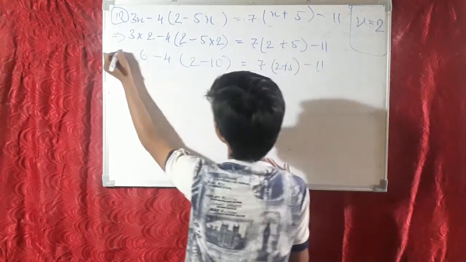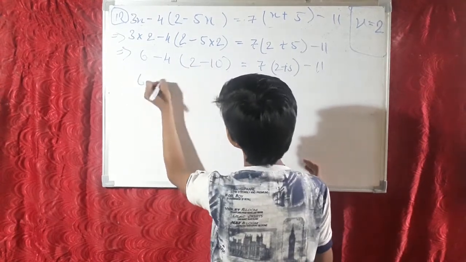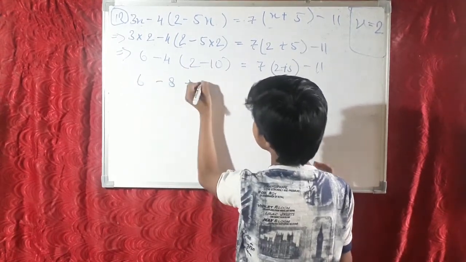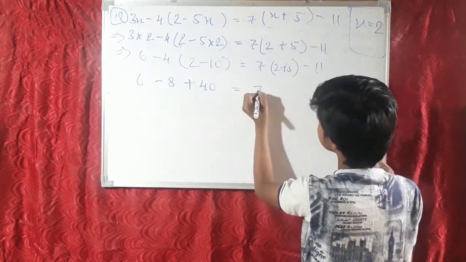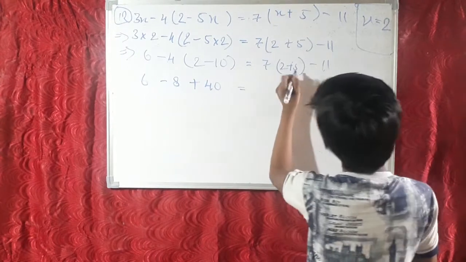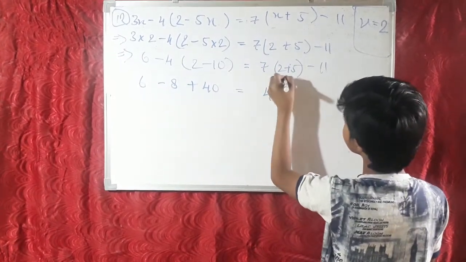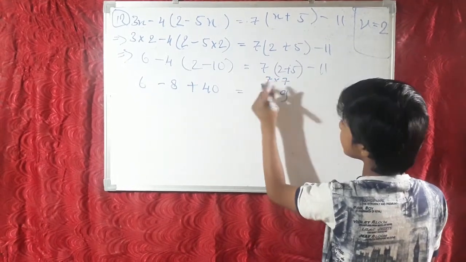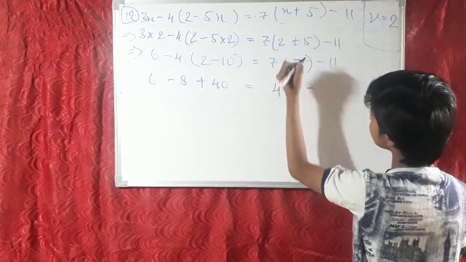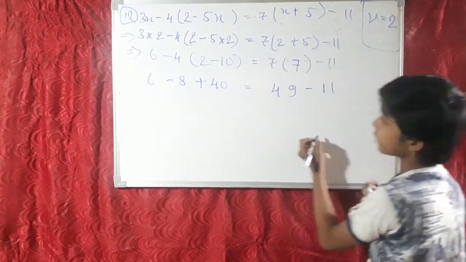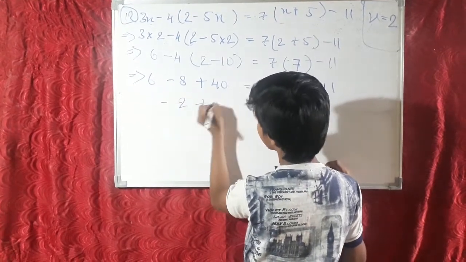And now what we have to solve, 6 minus 4 multiplied inside, so 6 minus 8, and when it is multiplied, it will be plus 40, because minus becomes plus, is equal to 7 times 14, what will it be. Now when we add this, it becomes 7, and since 49 is there, when we multiply, it will be 7 into 7, it will be 49. So friends, we can write here plus 7 also, and 49 and minus 11. And now when it is solved, it will be minus 2 plus 40 is equal to what.